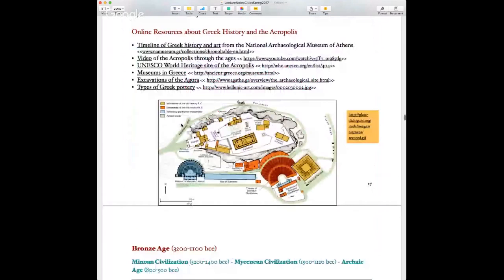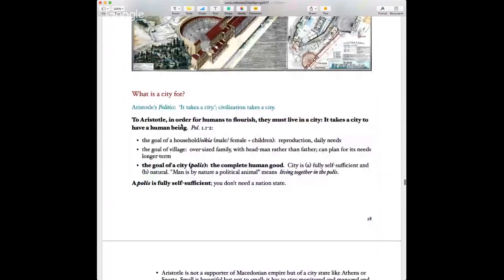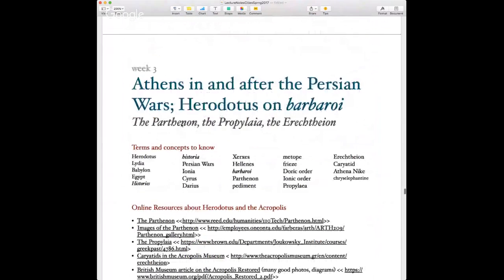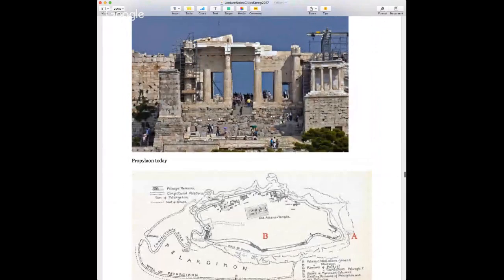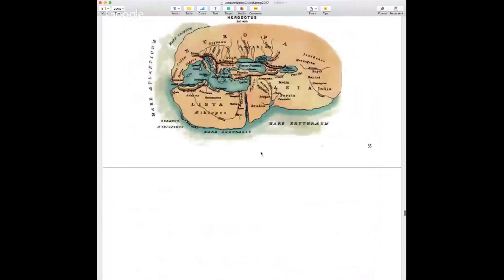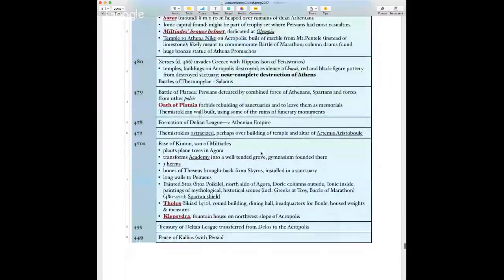I believe I left you with an image of it. I know I'm wasting time scrolling. Here it is. Okay, so this is the Propylaia now. It's very, very commanding. Here is the Pinakotheka. This is the Temple of Athena Nike, you can see here. And these are the massive Doric columns of the Propylaia and the huge marble ceiling going across. And again, Camp, I think, provides a very good explanation of the Propylaia and its many features.